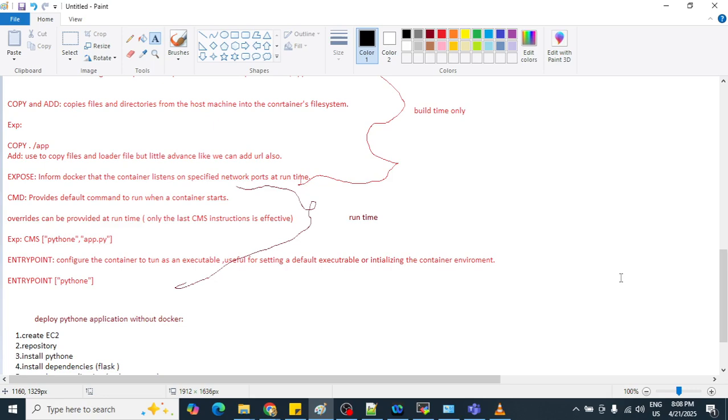After that, how you are going to build that Dockerfile and create the image, and then once you run that image, you can see that you are able to execute your Python application. That is our task and that is our video for this part 4 session. So let's start.